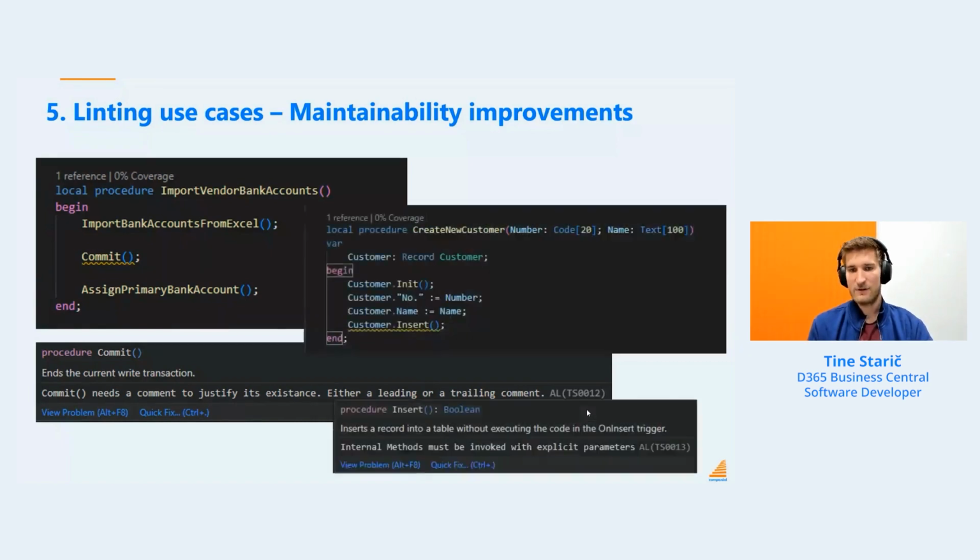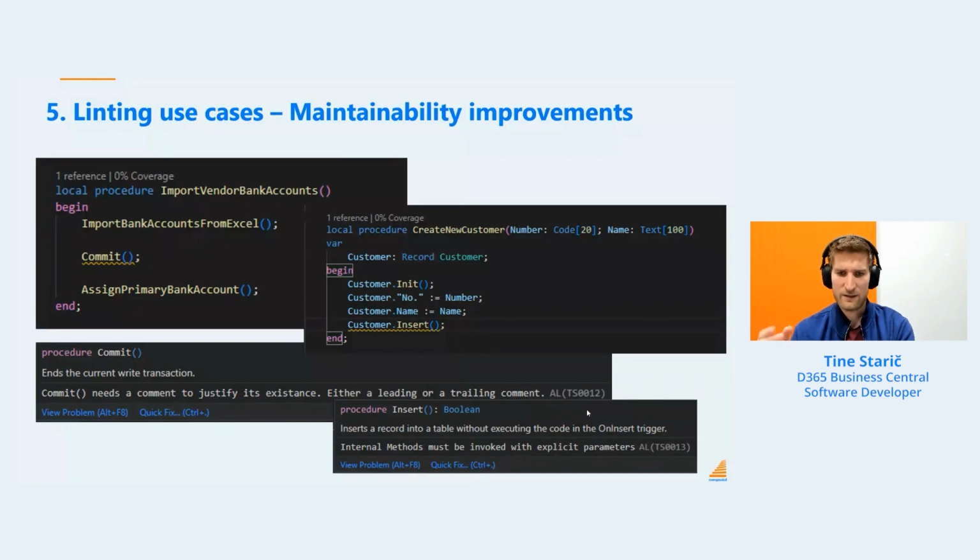The second example, I don't really even know why this was ever allowed, but it's about internal methods having implicit parameters or optional parameters. If you take a look at the snippet here, it looks simple enough. You initialize the customer record, you assign a number, you assign a name, and then you insert it. But then 6 months later,